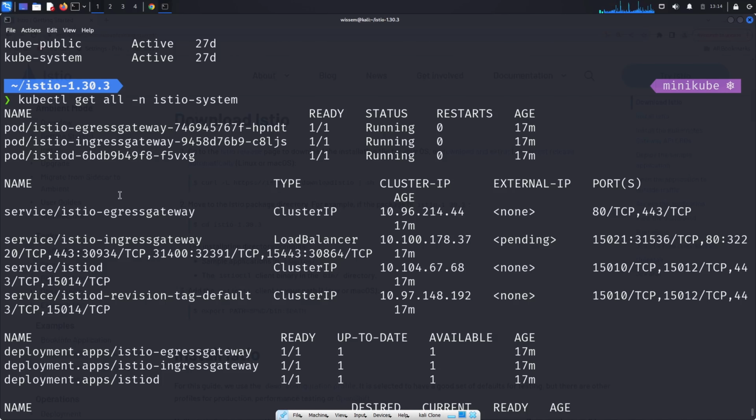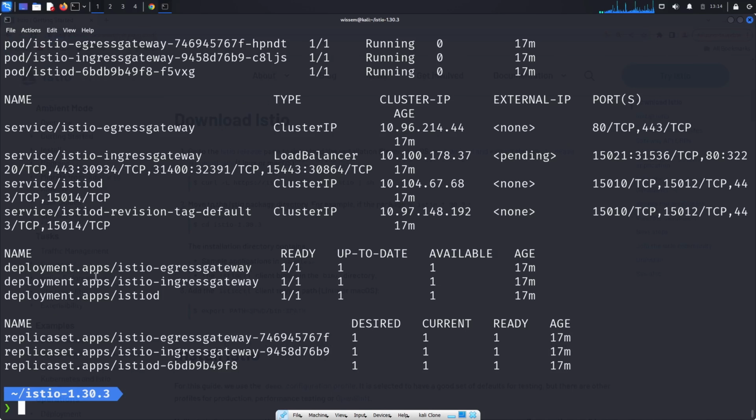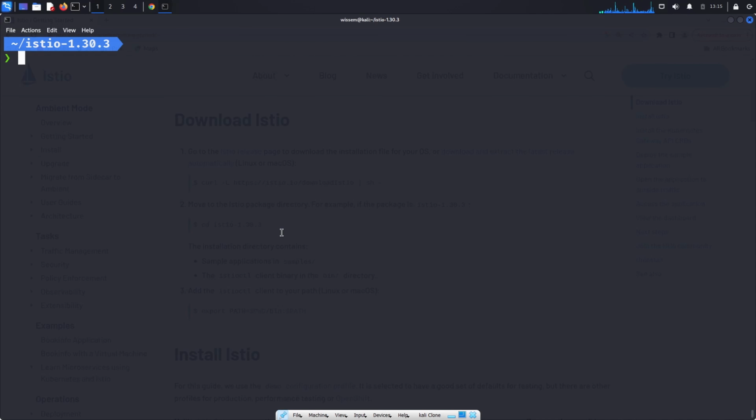So here we have the pods, the services, and the deployments that are part of the Istio installation. And that means that Istio is installed on our cluster. So now we will deploy the book info application in the cluster